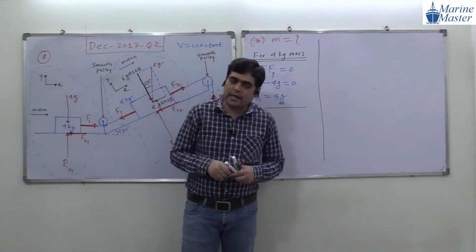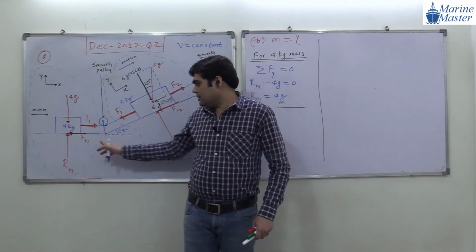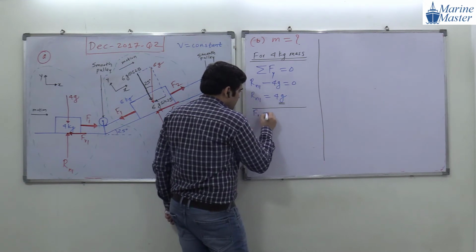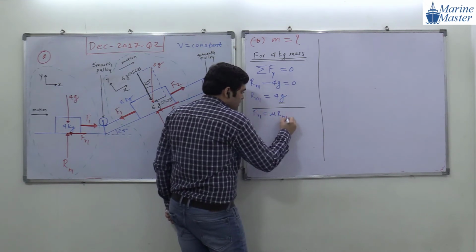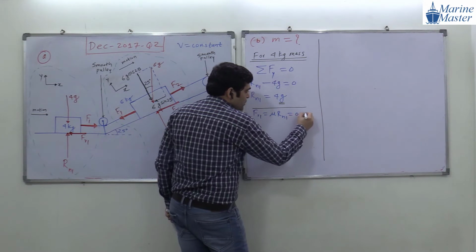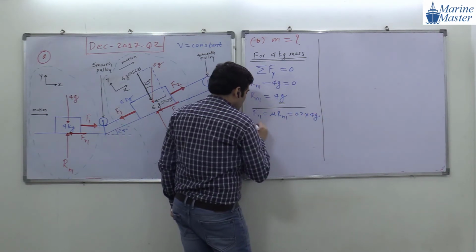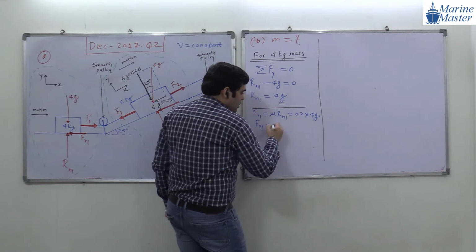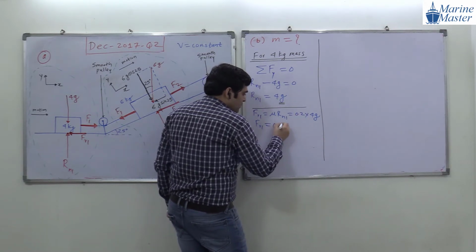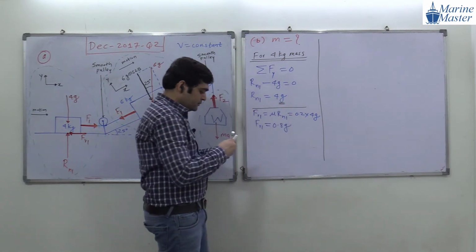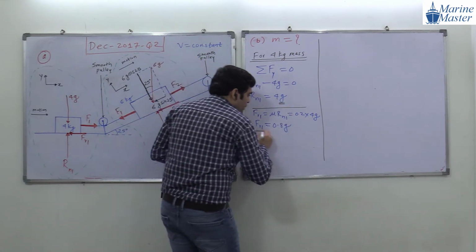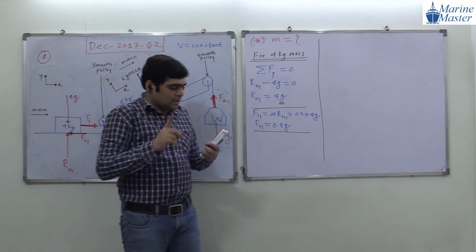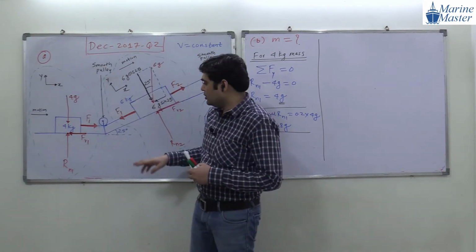Summation of forces in y direction. Now what will be the Fr1? Fr1 will be equal to what, guys? Fr1 will be equal to mu times Rn1. Mu is how much? 0.2. Rn1 is what? 4g. So Fr1 will become how much, guys? 0.2 into 4, so see the scenario, 0.8 times g. Okay, guys. So we got Fr1. Then after Fr1, what are we going to do?